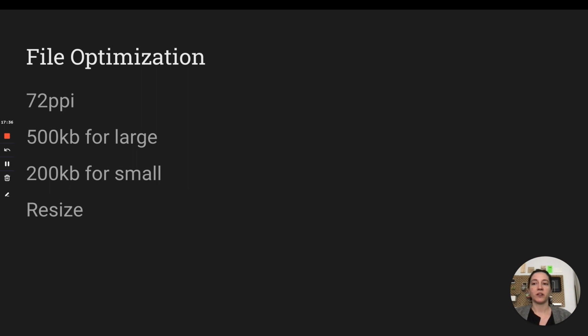So they shouldn't be larger than 72 ppi. Keep an eye on that number. As screens become nicer, that may get larger. 500 kilobytes for large images. It's small. Make it small. You should keep it small. Anything larger than this is unnecessary. For images that don't have to be big, like icons or just smaller things, 200 is